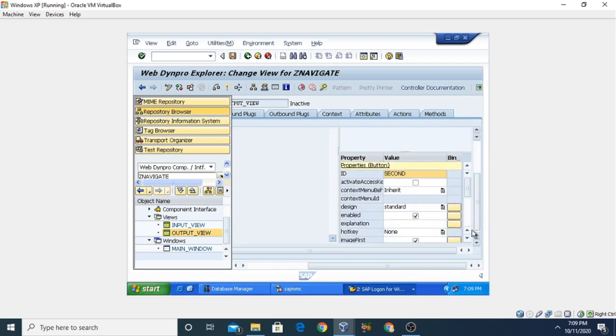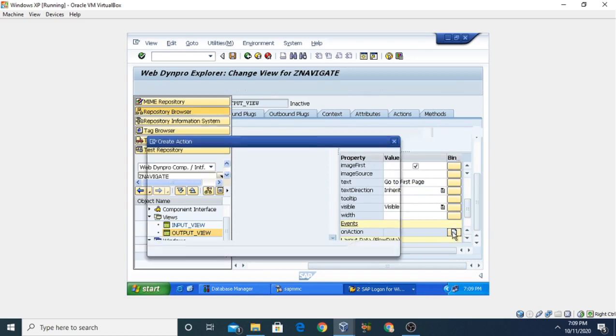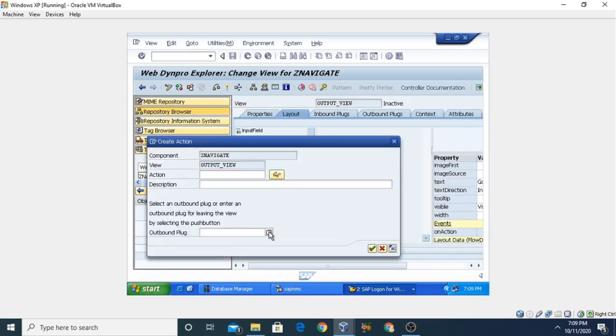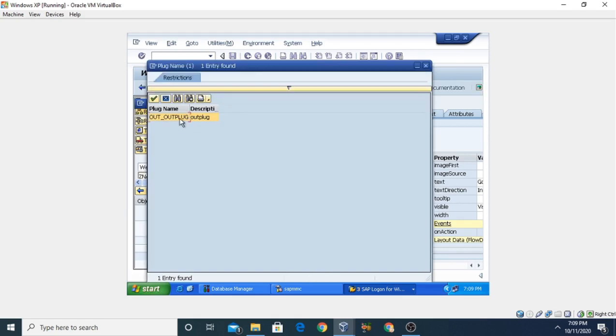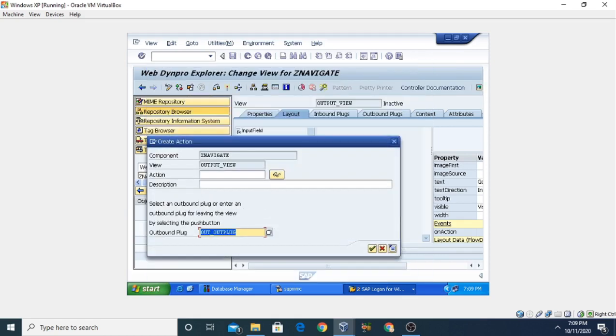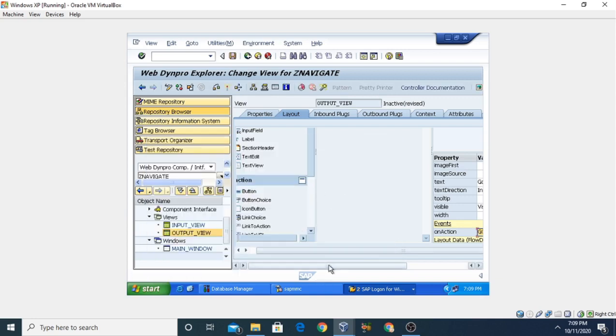So again, select the properties and go to the events and select on action. In this case, for the outbound plug, select out underscore out plug, and you can give the action here. So go underscore first. You can also give the description here, just press the OK button.